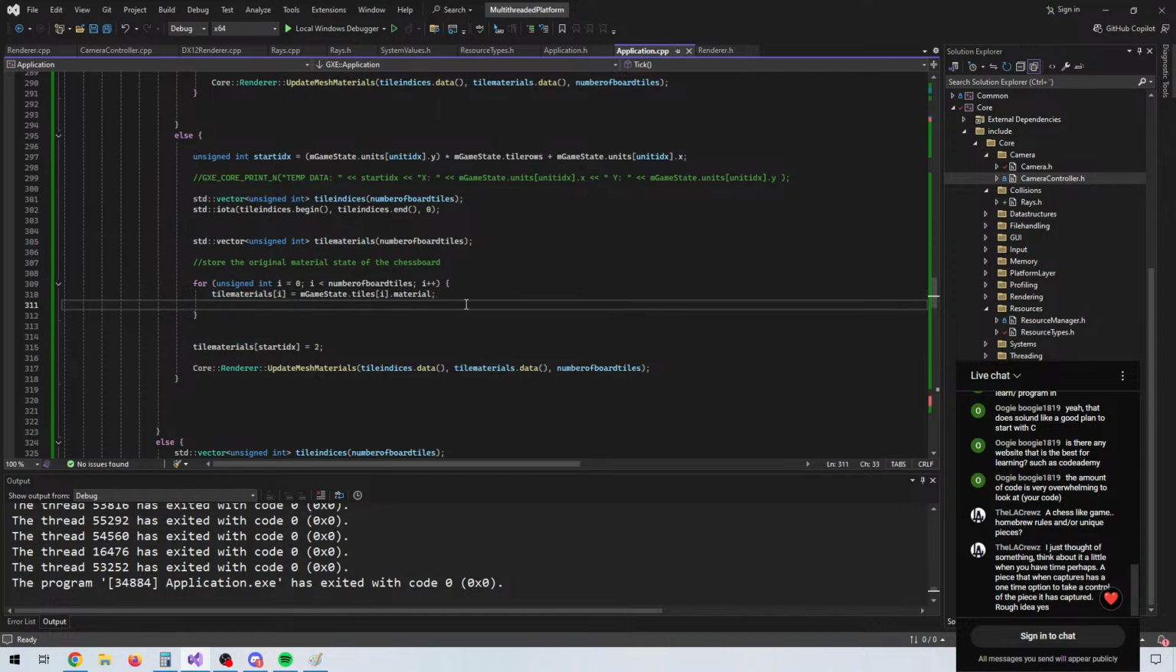Copy the basic material state for each tile and potentially modify whatever exceptions to the rule there is. For instance, we could do